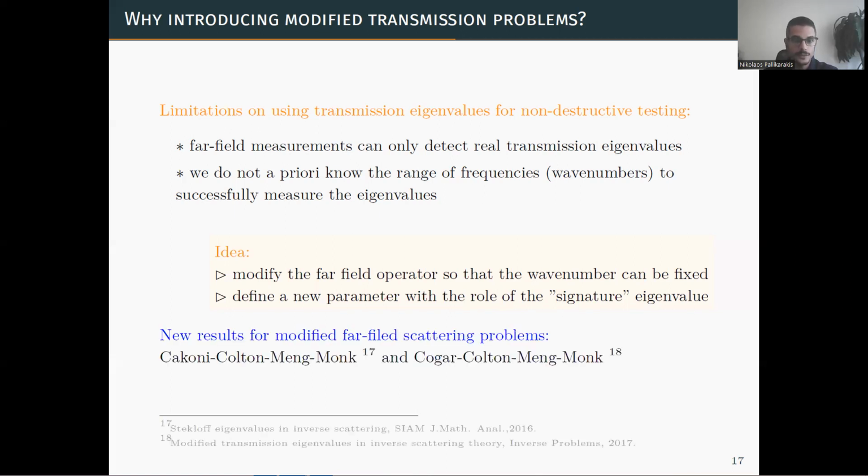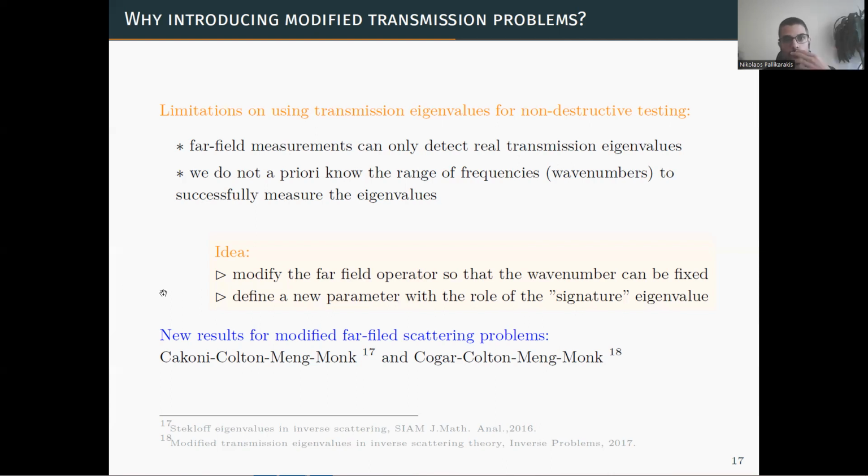And the first results in this direction were due to these papers, first by Cakoni, Colton, Meng, and Monk, and Cogar, Colton, Meng, and Monk in 2016 and 17, where in these works they introduced two different types of problem. The first one was a Steklov type eigenvalue problem, which is not the case of the study we are discussing tomorrow. And the second is the so-called modified transmission eigenvalue problem, and especially when this is embedded in an artificial